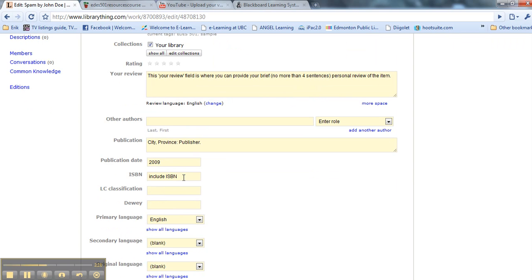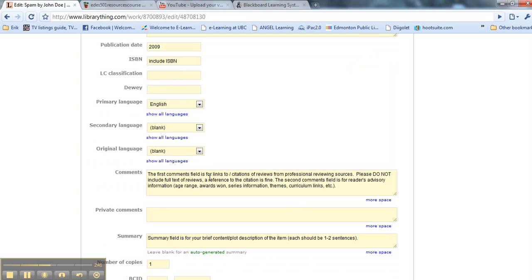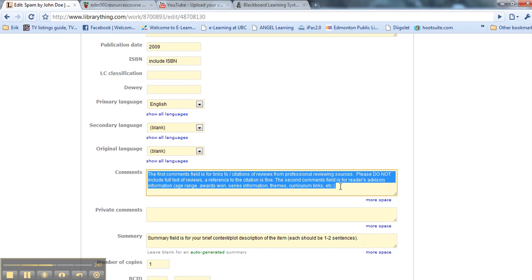I would like you to include the ISBN, assuming the resource that you're including actually has an ISBN. It makes it easier if you're trying to find the item again, or if you want to order it for your library or whatever. Some of these other things you don't need to worry about, but then you need to come down here to the comments, and you'll see that the comments is where you're going to include